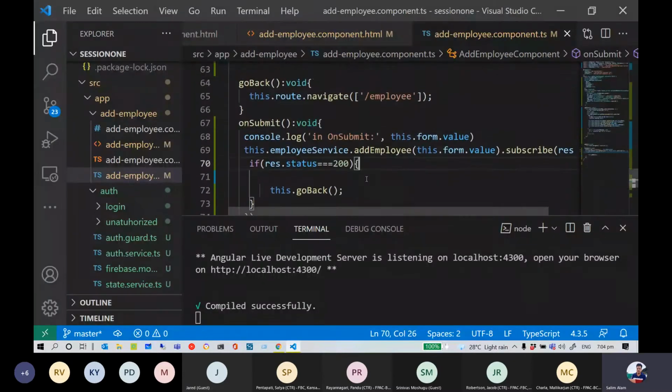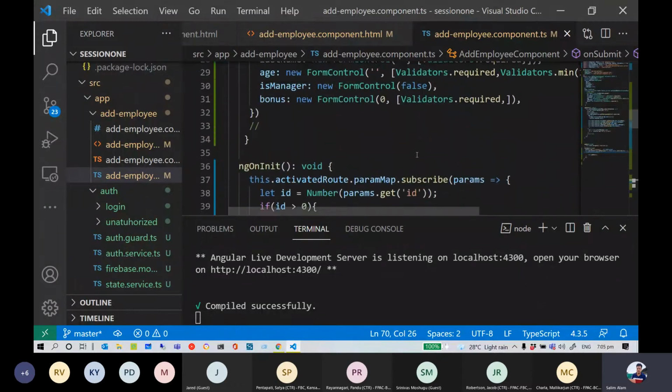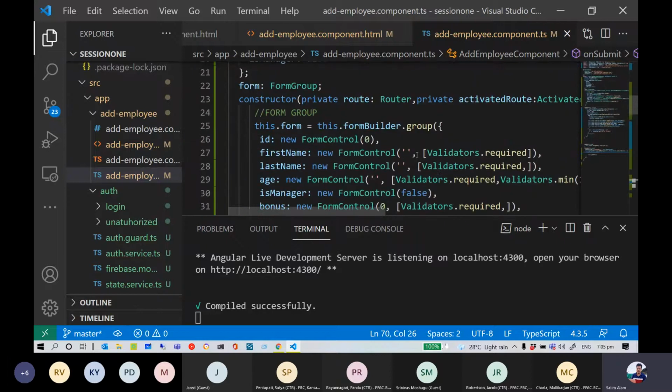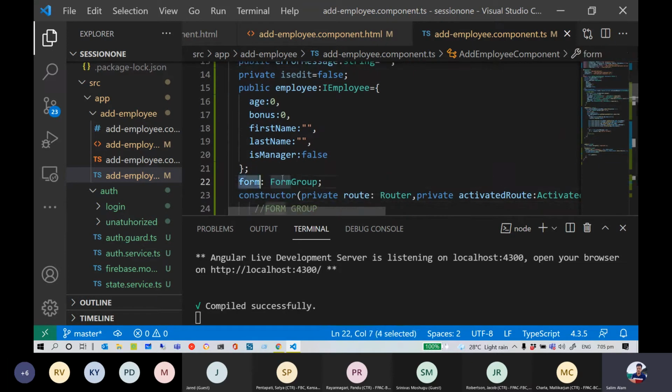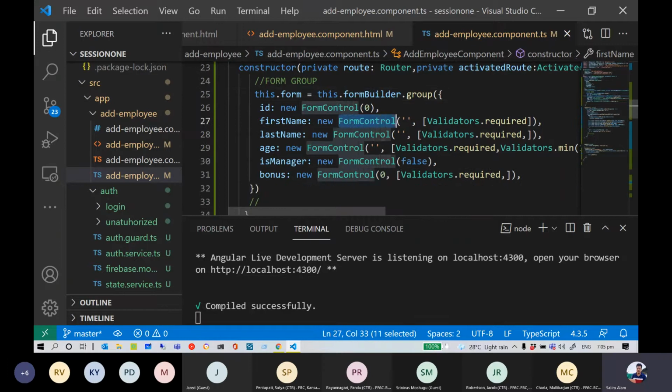So this is how reactive forms are declared using the form control. The concepts are more or less the same with template-driven forms and reactive forms. Just here we use the form group type to declare our form variable, initialize our form variable using form builder, and then assign the controls here. And here we set the default value. Here it's empty. If I put here, say Salim, build it,